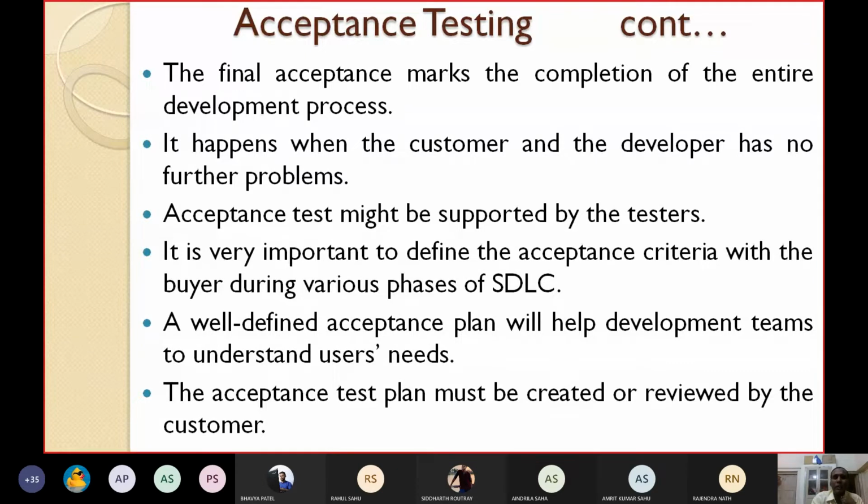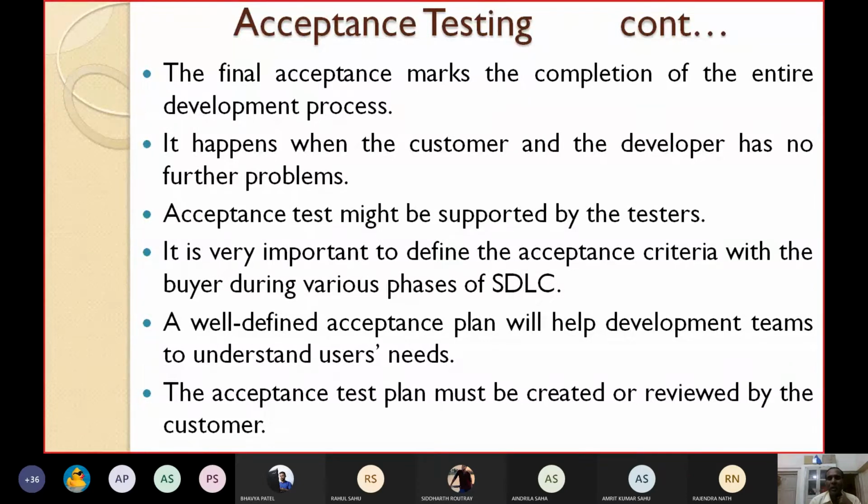It is very important to define the acceptance criteria with the buyer during various phases of SDLC, starting from requirement specification, design, coding, etc. A well-defined acceptance plan will help development teams to understand users' needs.